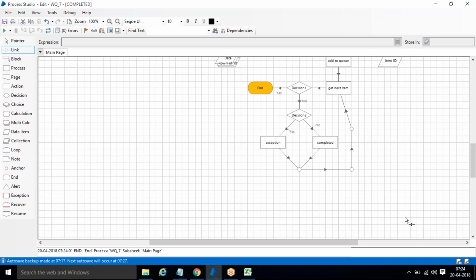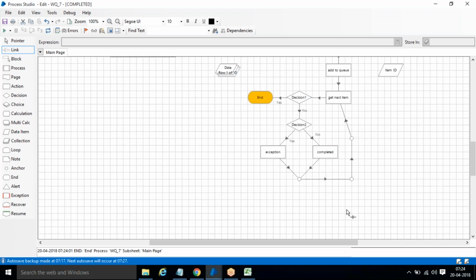And another option we also have is to pick all these exception records into one collection, and all these completed records into another collection. Once you get the data into the collection, only those collection records you can process to the application. Only this exception records collection data you can save, and then you can send it back to the business user. That option is there. For that, what you can do is